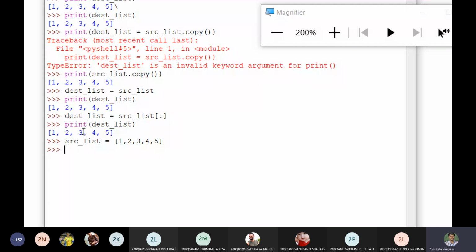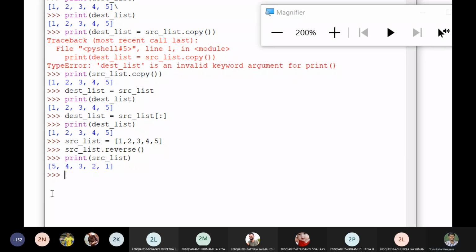Now source underscore list dot reverse. Can I do like this? Yes, sir. It is reversed, but where has it been stored? For this reason, we have to print the source list.